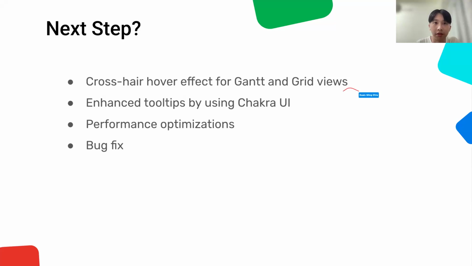The third one is to keep pushing the performance optimization, since it still has some issues when selecting multiple task groups at once. And the fourth is to continue fixing bugs as we go. Thanks for listening.